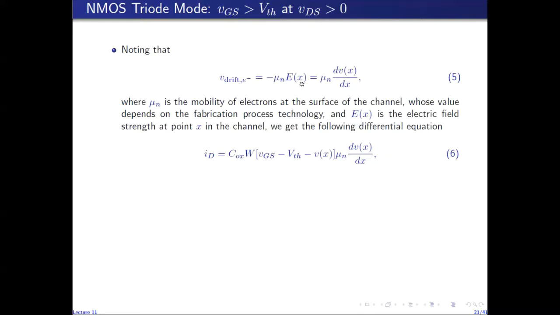Because the voltage at different points along the channel is not fixed anymore, the strength of the electric field along the channel will be a function of the point in the channel at which we are observing the electric field. So this electric field is given by the negative gradient of the underlying voltage Vx. So the drift velocity is given then by this relation. So if we put this equation back here,